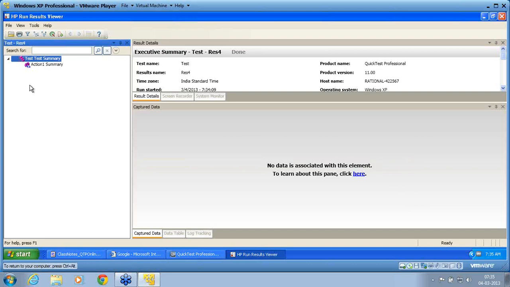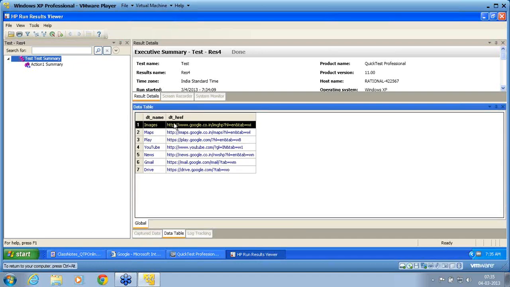So here we noticed in the data table how he has retrieved the runtime property of href and name of the link. Now my next step is I can use either name or href to click on that object.